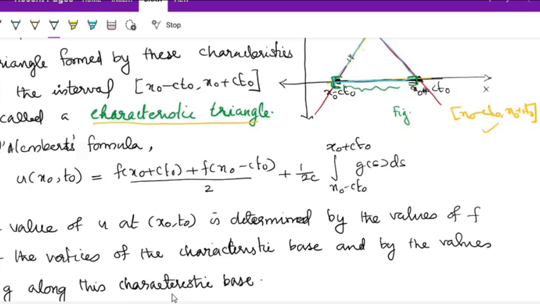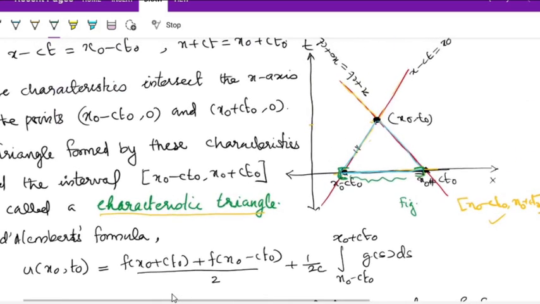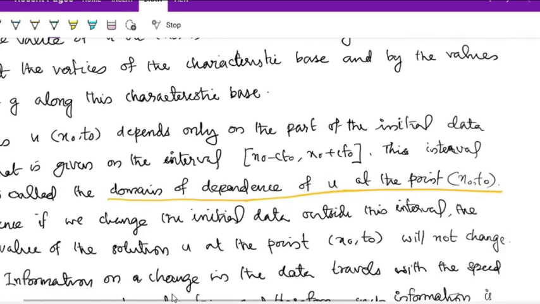Hence, if we change the initial data outside this domain of dependence, it will not affect the solution at the point x naught, t naught. Okay, because by the formula itself, it is very clear. That means if we change the initial data, meaning the values of f and g, outside the domain of dependence, outside the interval x naught minus c t naught to x naught plus c t naught,